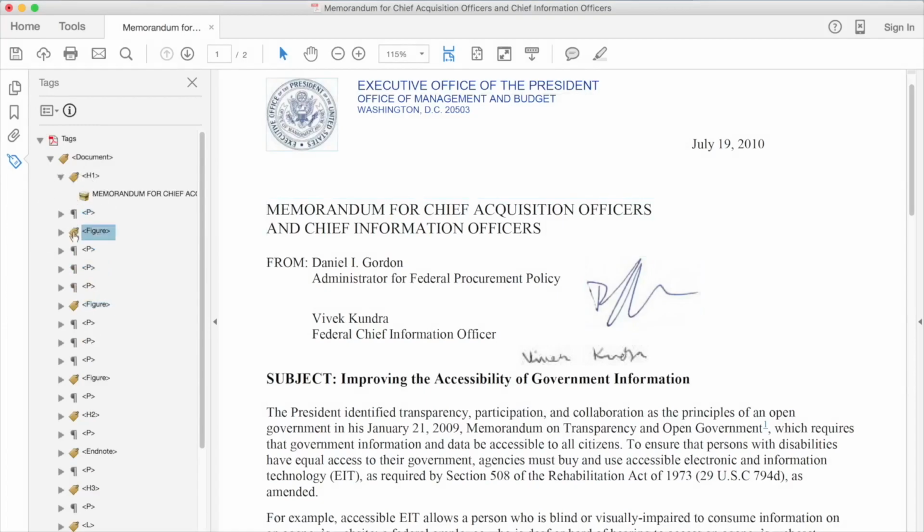I want to explain that the signatures belong to the people the document is from. Let's click on the nested arrows next to the P tag icons of the memorandum authors to get a better idea of what tags we're dealing with here. Now I have Daniel, his title, Vivek, and Vivek's title exposed. I know the second figure tag is Daniel's name because it becomes highlighted when I click on it. I'll click and drag Daniel's signature below his title. I just want it to appear directly after the P tag of Daniel's title. Now click and drag Vivek's signature, which is the third figure tag in the structure, below his title.